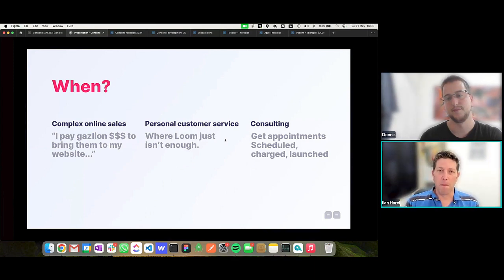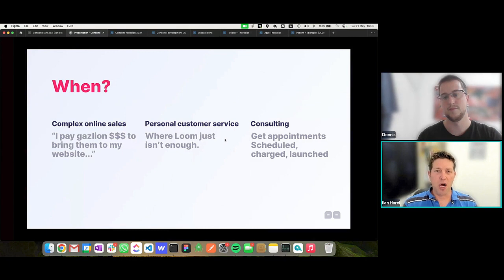Next, personal customer service. You have customer service and you find yourself using Loom or emails with snapshots going in both directions to your customers and from them. That's where a screen sharing session will probably do better for the entire operation.